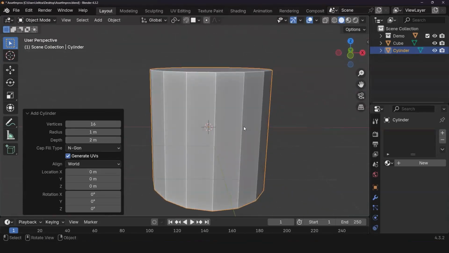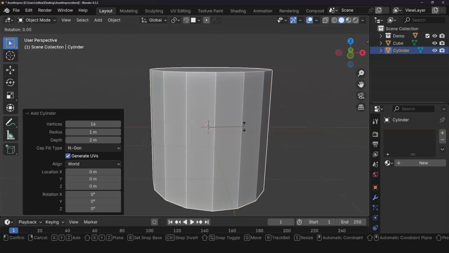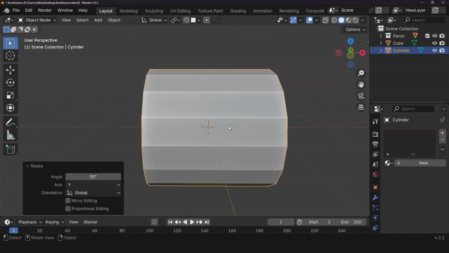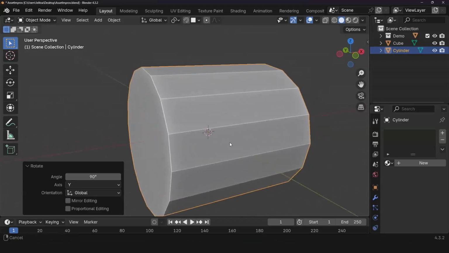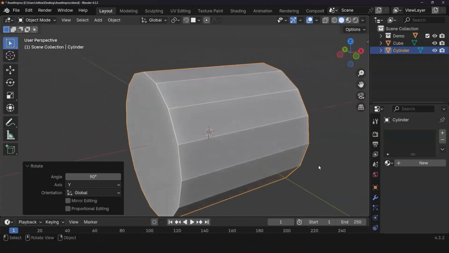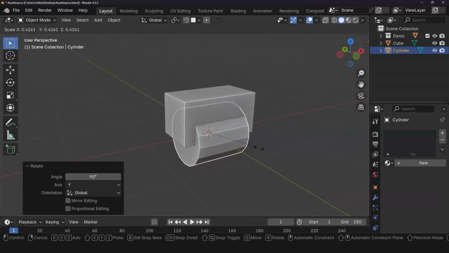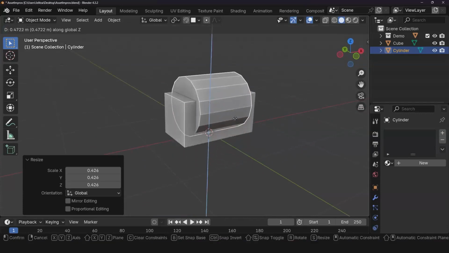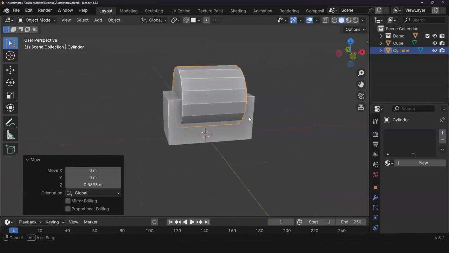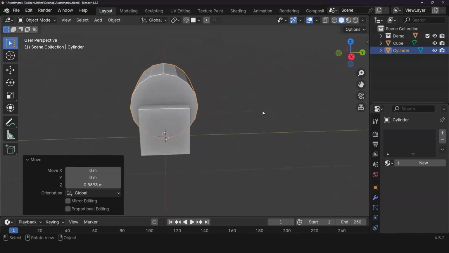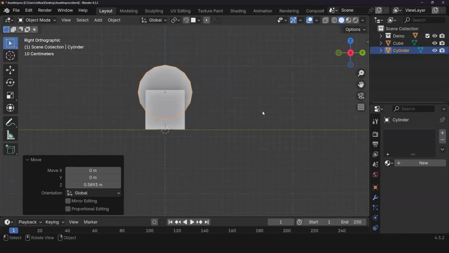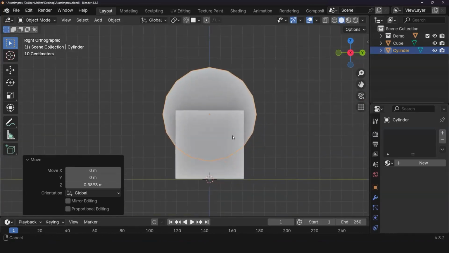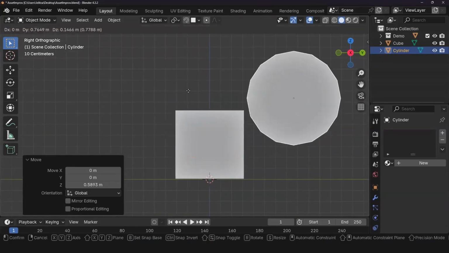And then we also would like to rotate this. So I'm going to press R, and then I'm going to rotate by the Y axis, Y, and I'm going to press 90 for 90 degrees. Now we have a nice 90-degree angle, and I'm going to scale this down. G, Z, bring it up. I think that's pretty decent. I'm going to go to my orthographic view, and as you can see, I have not left the center of the grid.